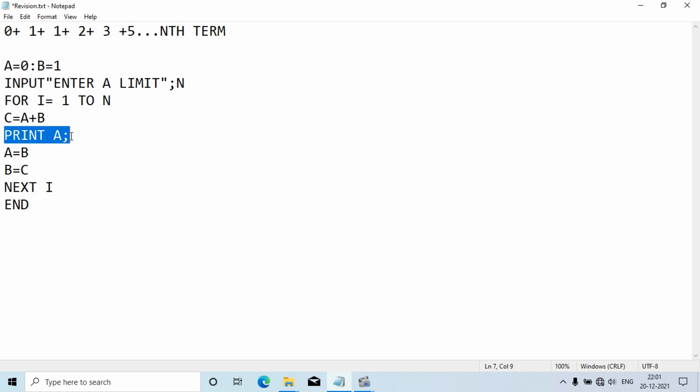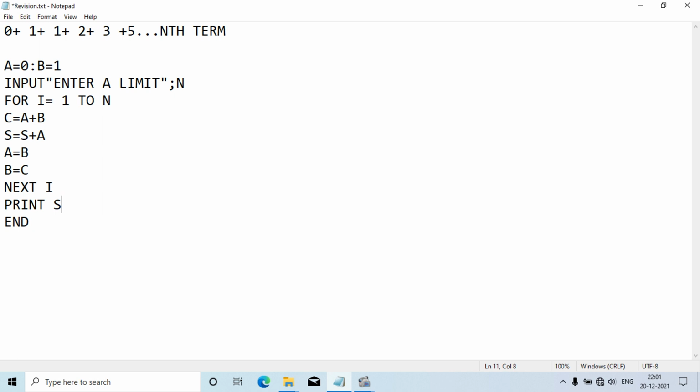As a term, which variable am I going to print? I'm going to print a. So instead of printing the variable, I'm going to add it. I need to write a single line there: S equal to S plus A. That's it. And at the end, after the loop, of course, I'm going to print the sum of the series once only. So that's why after the loop we have to print S. This is the difference between sum of series and print the series.